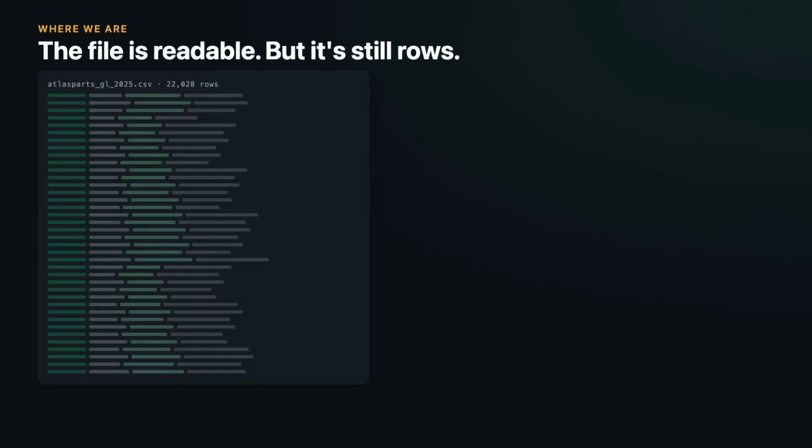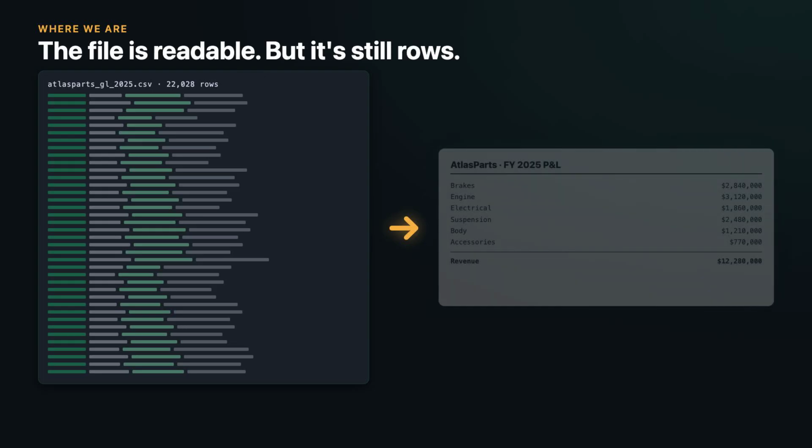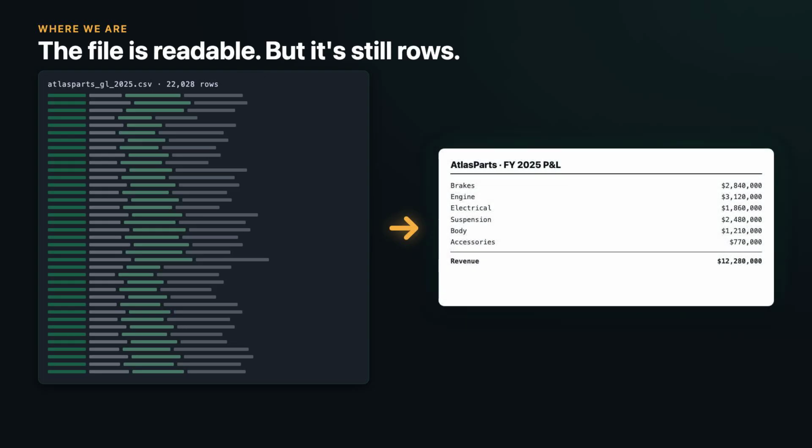We left Episode 2 with the file readable. 22,000 rows, every column understood, every entry balanced. But it's still just rows, and no CFO has ever asked for journal lines. They ask for a profit and loss, by category, by country, by region. On one page,